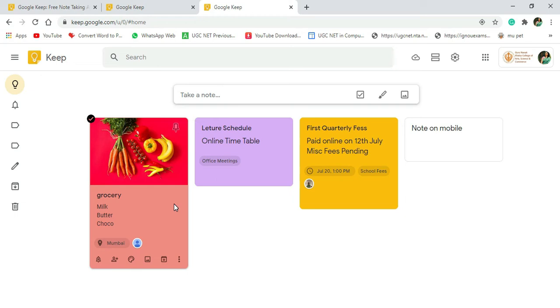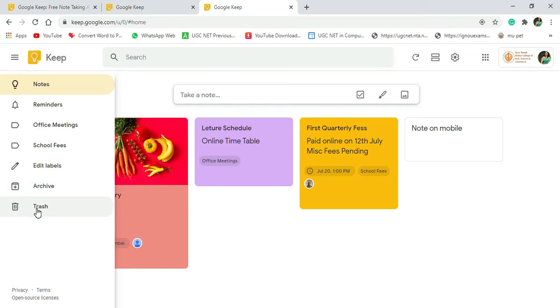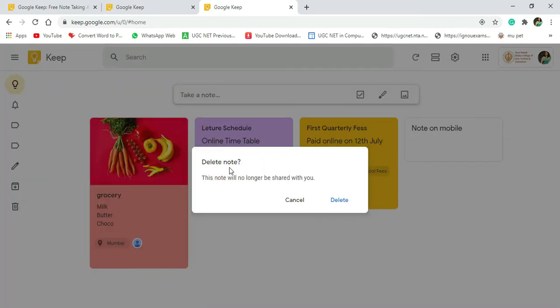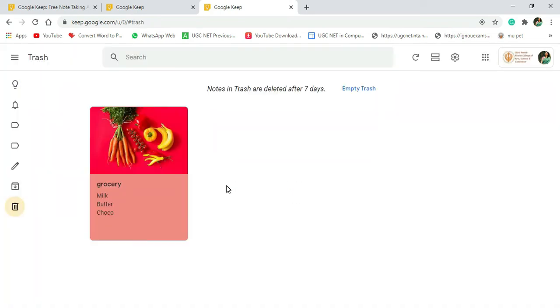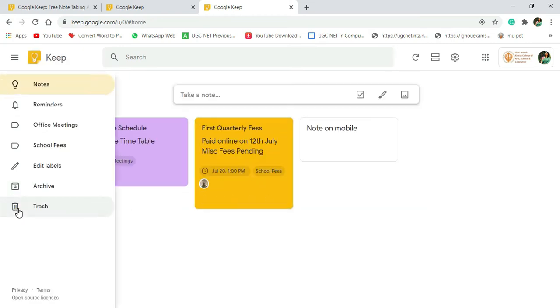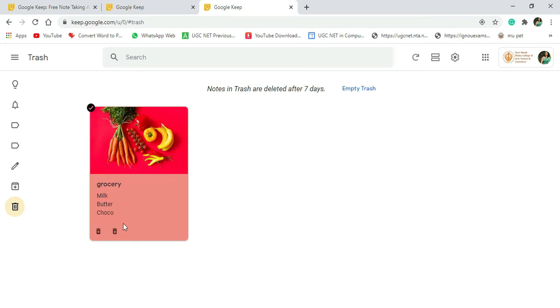There is one more part, the trash part. There is a difference between archive and trash. Trash is what is deleted, and archive is what is still there, you can actually recover that thing. Let me show you this part also. If you click on delete note, it is going to ask for confirmation. I want to delete, yes. If you delete your note, it goes to trash, and from trash also you can recover. If you do not recover it within 7 days, your note will not be available. So I'm restoring this note.